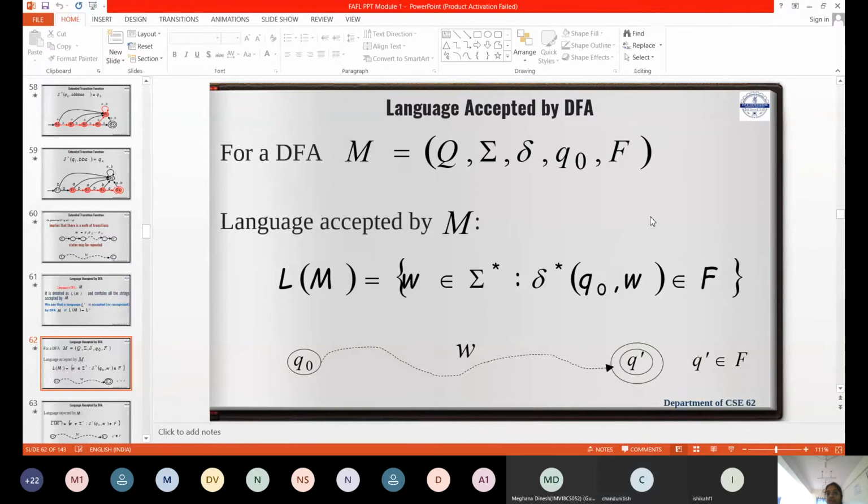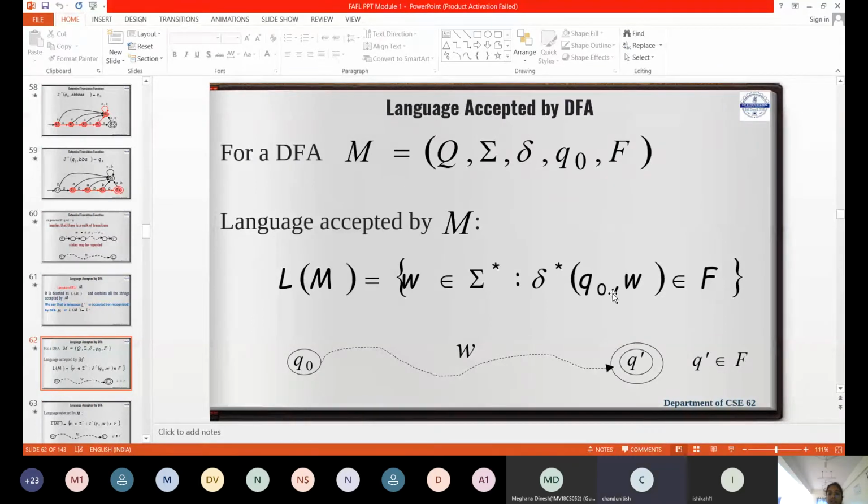Yeah, that belongs to F. F is what? Final states. If I reach a final state, I will be reaching one of the states here. For example, in the previous example, we have seen Q4 is the final state, Q4 belongs to F, no? Yes, ma'am. In that example Q4 is the final state, but it might be Q3, Q4, Q5. All three might be final states, right? Any one of the states that belongs to the set of all final states, because we don't have a restriction in DFSM to have only one final state. We have a set of all final states.